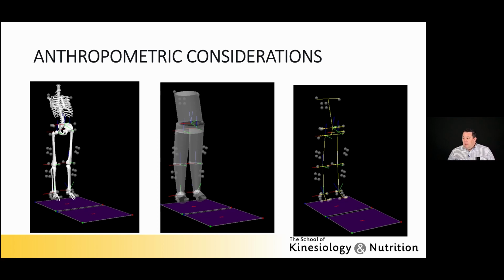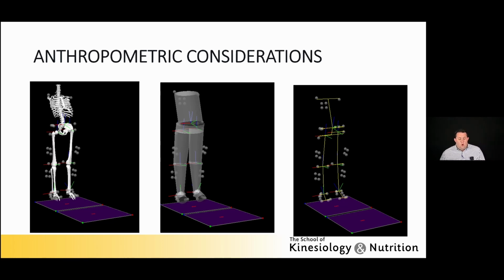But what I'm really trying to get at here is this cone shape assumption that we make for our body segments. And as you can probably tell, with these cones that we model, they are wider proximally and more narrow distally. But that again will change for every single person. Every single person has different anthropometrics, different circumferences, and different distributions of mass. And so these are important considerations for us.